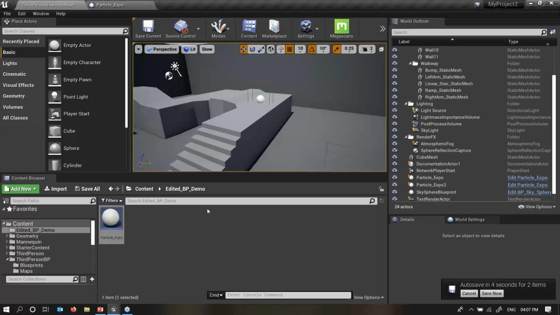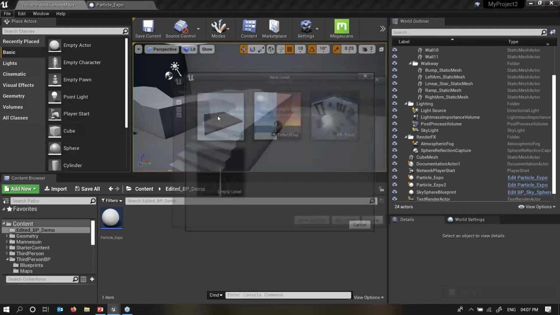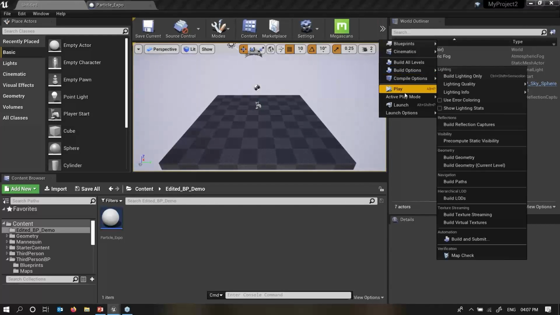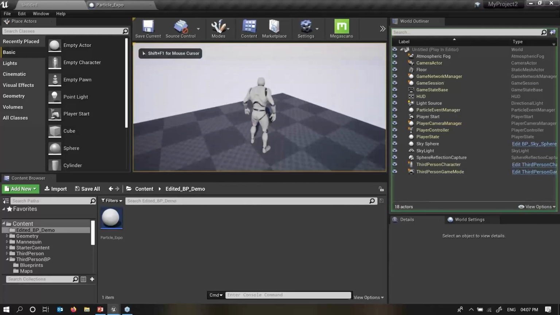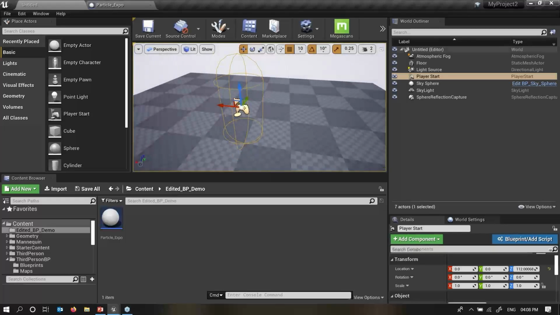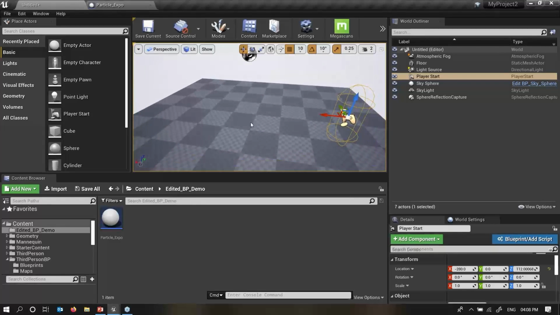So once I reach, first of all, I'll create a new level for you people and just select this level, save selected. So I'm saving that, then play again and check, because sometimes our third person might not get loaded. Now what I want is, once this character enters or reaches that particular trigger area, there is one character over here which starts to do the animations. When I reach this particular